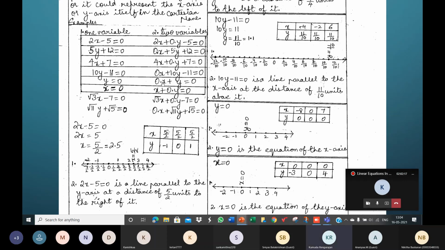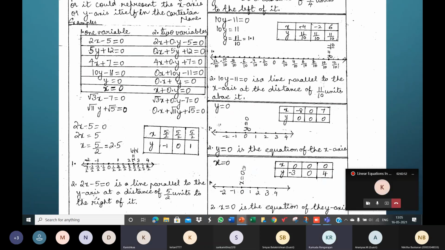You give some particular value for x, suppose x is minus 5. Or like what we've taken here, x is minus 8. Work it out: 0 into minus 8 plus y is equal to 0. So this is 0 plus y is equal to 0. So y is equal to 0. So when x is minus 8, y is 0. In fact, you will see that y is always 0 for any value of x. Now plot this, children. Ma'am, it lies on the x-axis, ma'am.